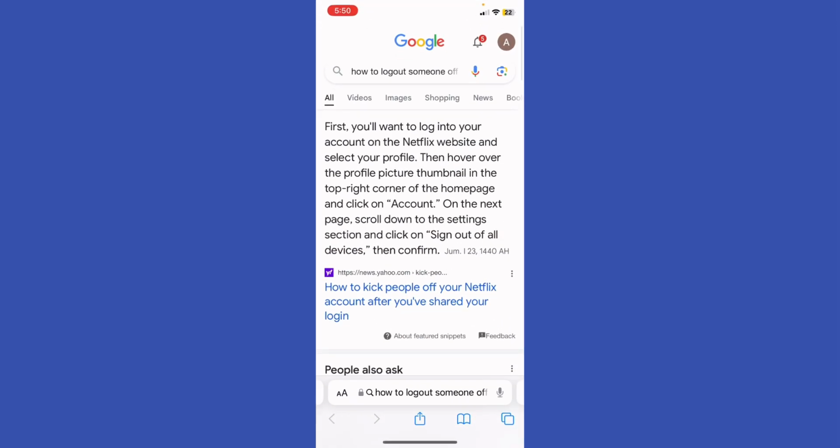So what I'm going to do, I'm going to just go back to my browser. And since I don't have a Netflix account, I'm going to demonstrate how it's done. First, you will want to log into your account on Netflix website and select your profile. Then hover over the profile picture or thumbnail in the top right corner of the home page and click on account. On the next page, scroll down to the settings section and click on sign out of all devices, then